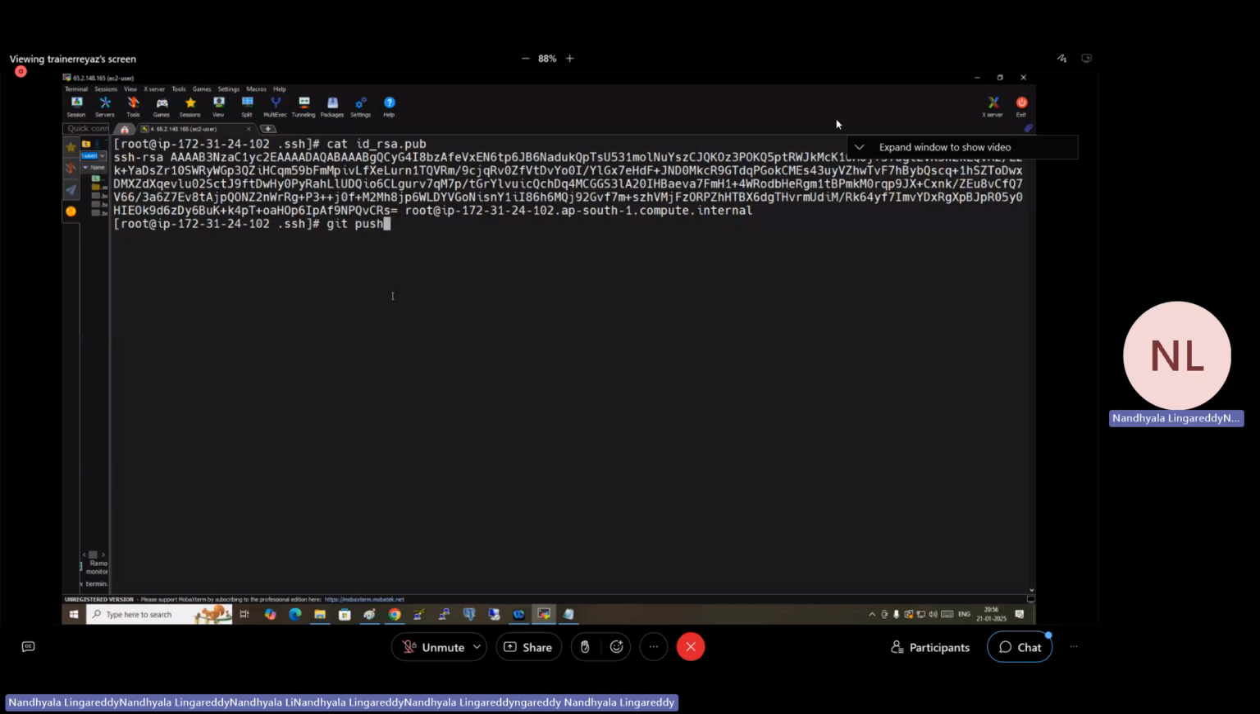Now do git push. Will it work here? Tell me, will it work here? Okay, I'll do it. See this error and tell me why I got that error. Read that error carefully. Not a Git repository. That meaning